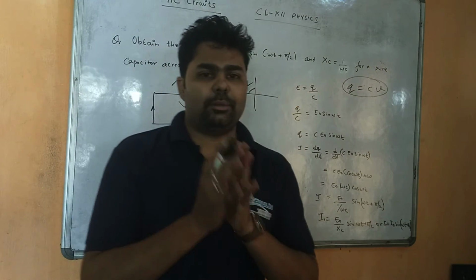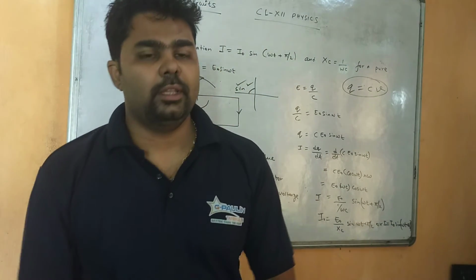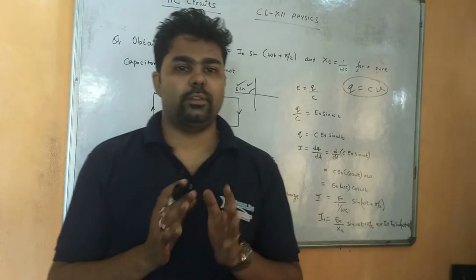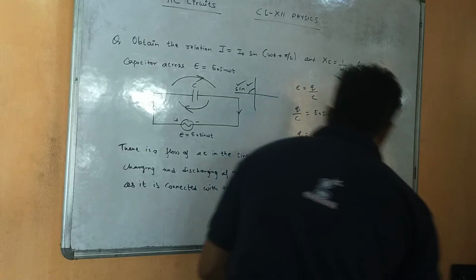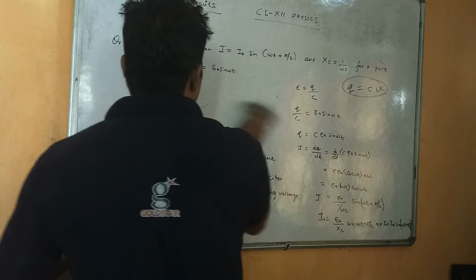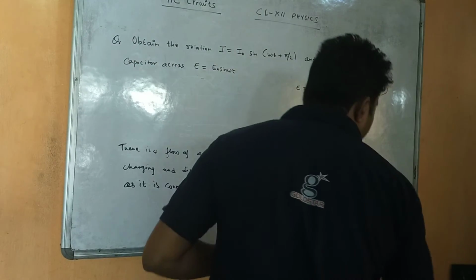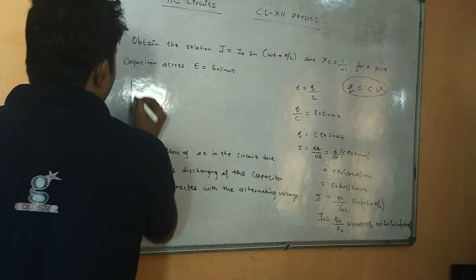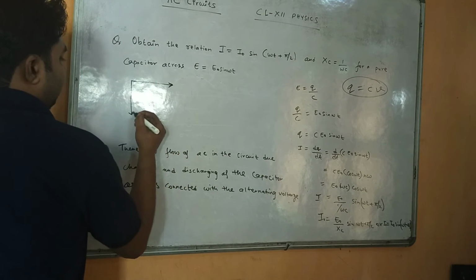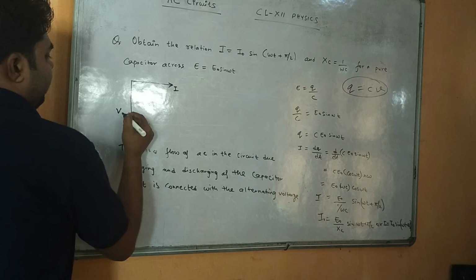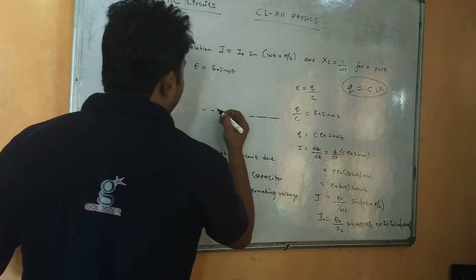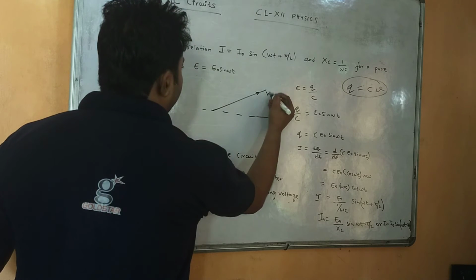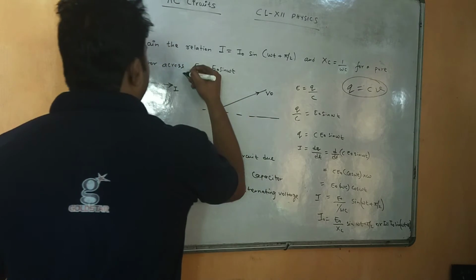So whenever a capacitor is connected with an alternating voltage, the current is leading and voltage is lagging. Now if we need to denote this in terms of a phasor diagram, how are we going to show this, right? In a phasor diagram, either you can show in this way, like current is leading and voltage is lagging, right? Or you can write as this, if this is the reference line and this is the voltage, right? And this is the current.